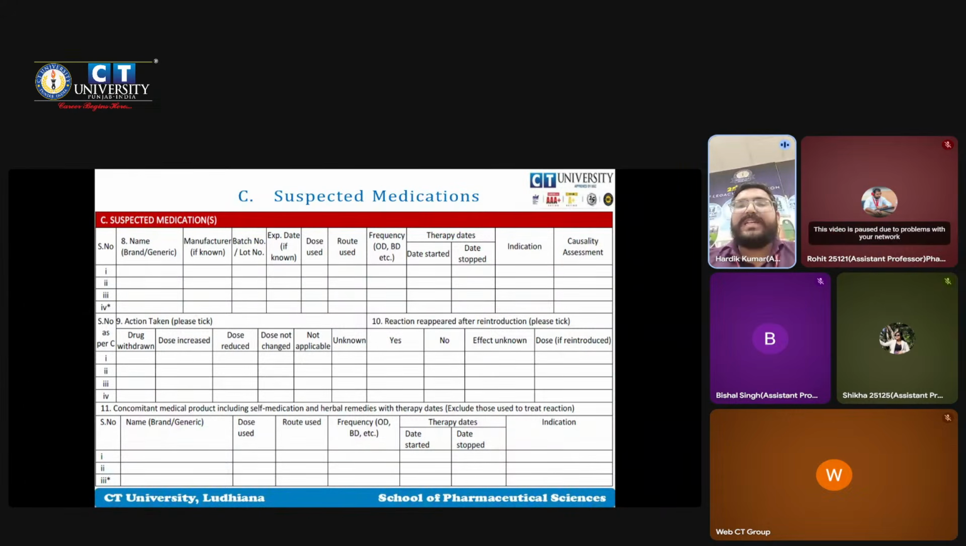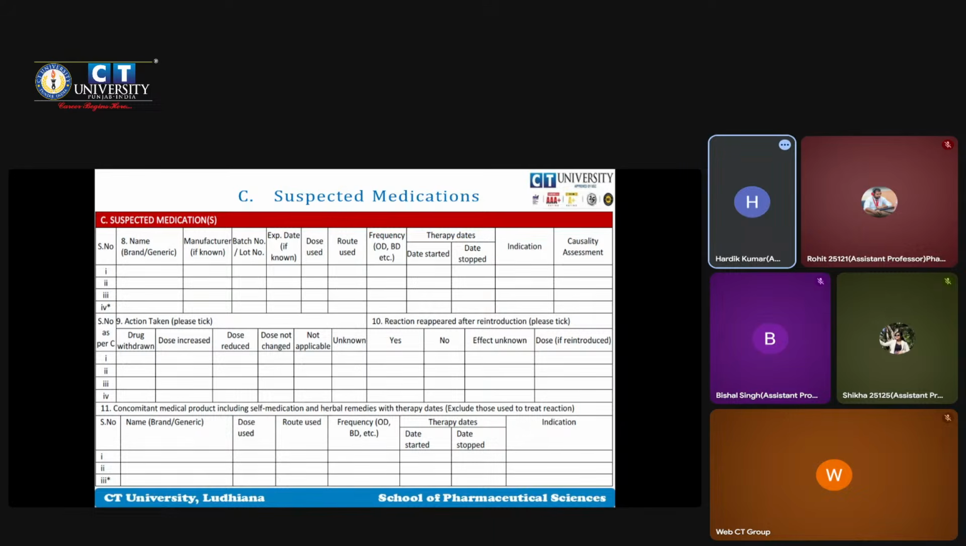What are the indications for which the drug has been given? And the causality assessment you have to write according to the World Health Organization UMC scale, that is probable, likely, unlikely, certain, etc. In the next column, you have to see the action taken. What should be the action taken with that drug? That is, the drug should be withdrawn, or doses increased, doses reduced, or doses might be changed, not applicable